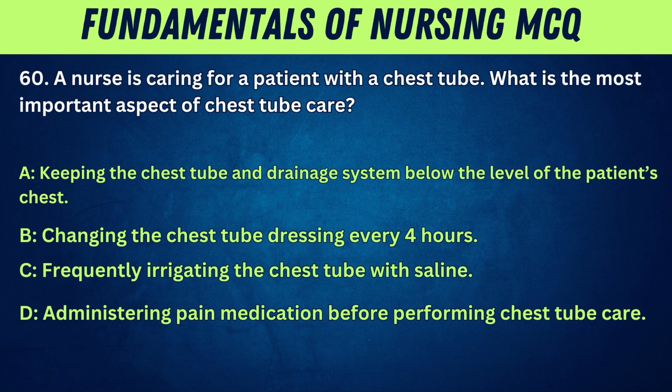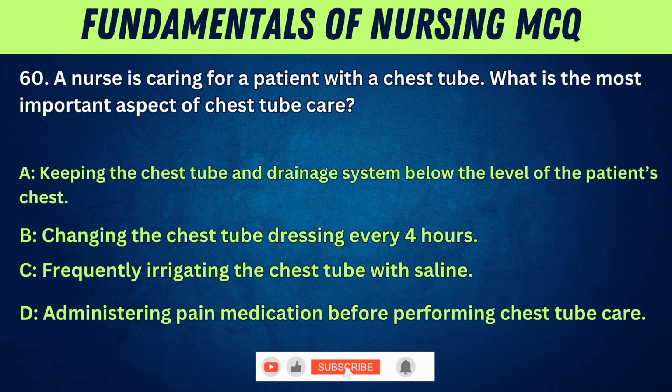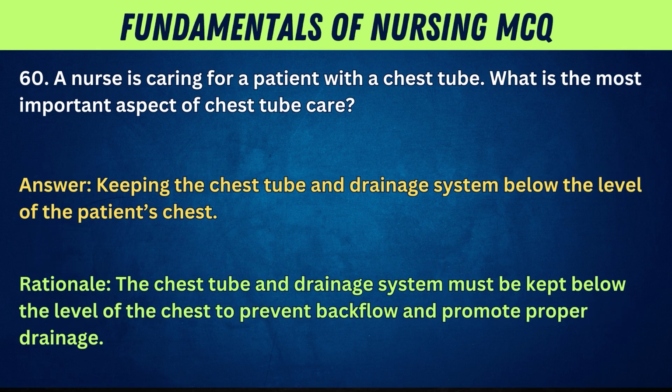60. A nurse is caring for a patient with a chest tube. What is the most important aspect of chest tube care? A. Keeping the chest tube and drainage system below the level of the patient's chest. B. Changing the chest tube dressing every 4 hours. C. Frequently irrigating the chest tube with saline. D. Administering pain medication before performing chest tube care. Answer. Keeping the chest tube and drainage system below the level of the patient's chest. Rationale. The chest tube and drainage system must be kept below the level of the chest to prevent backflow and